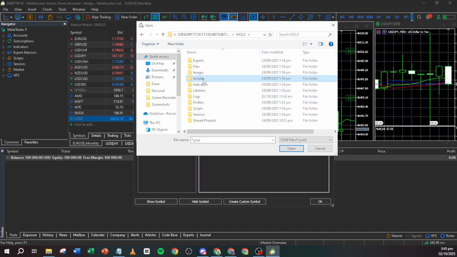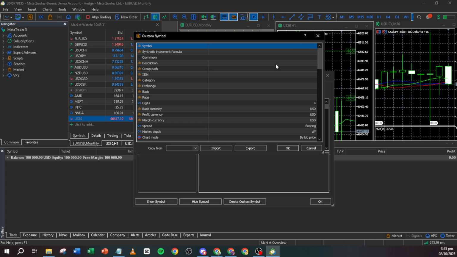But hold on for a second. Before you finalize the import, pay attention to the shift value. This setting is vital as it allows you to adjust the data to reflect your broker's time zone. Set the shift value appropriately to ensure that the data aligns correctly with market activity in your area. Once everything appears correctly set, click OK to begin loading the data into MetaTrader.